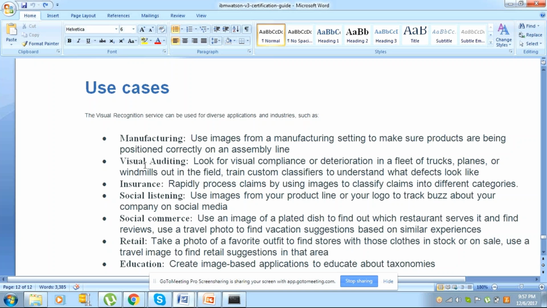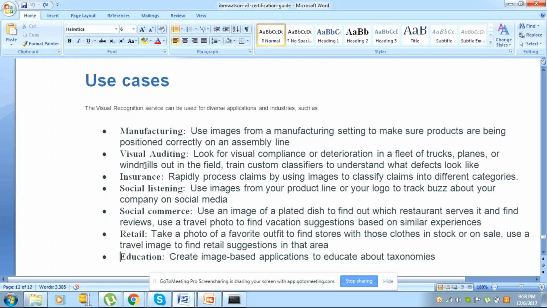We may get the IoT data, and then with the IoT data we may require visual recognition, right? Or we may require the Facebook data for the tone analyzer. So what are the use cases? These are the different use cases. So we have to understand it like that, in a practical way.